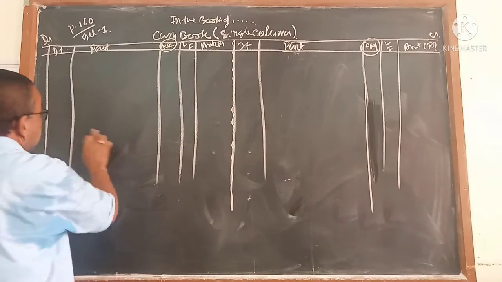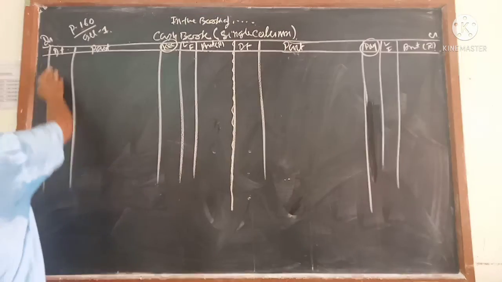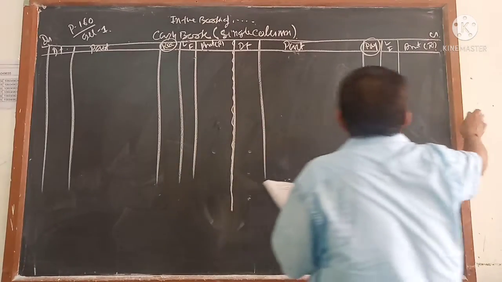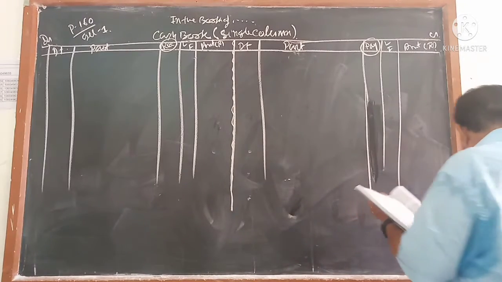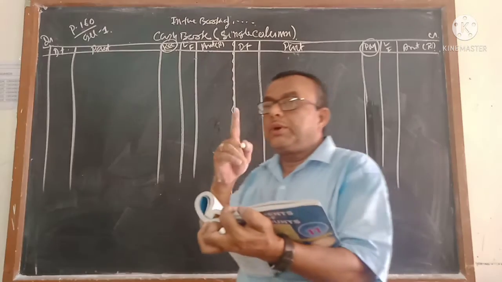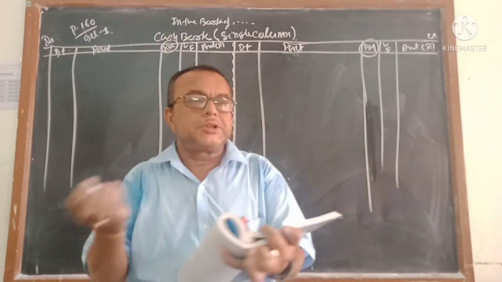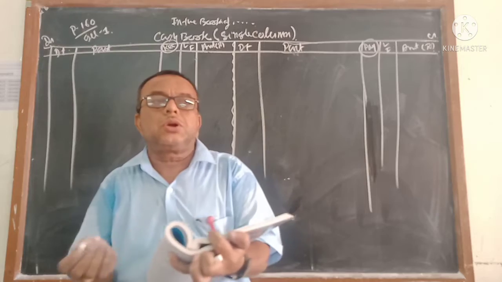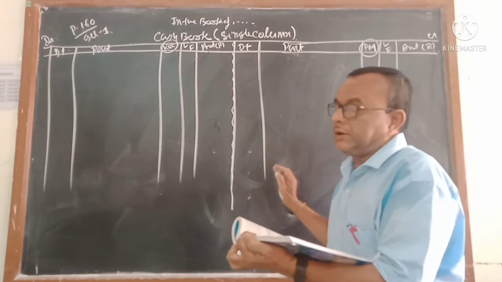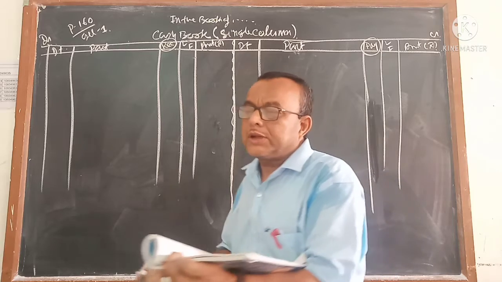This is one side, from 1, 2, 3, 4, 5 up to this. It's the left hand side, which is called the debit side. Again 1, 2, 3, 4, 5. That is called the credit side or right hand side. You have to read the question. Obviously, if it is a cash transaction, then only it will be recorded. If it is a credit transaction, it will not come here, because I already told you only cash transactions will be recorded here. Cash transaction means either cash will come or cash will go.